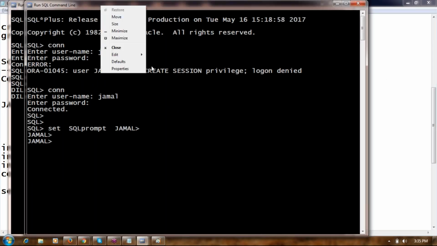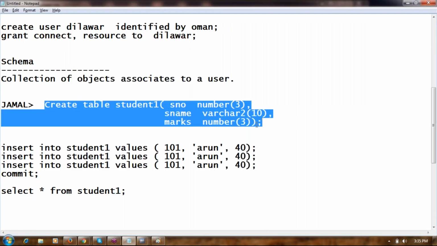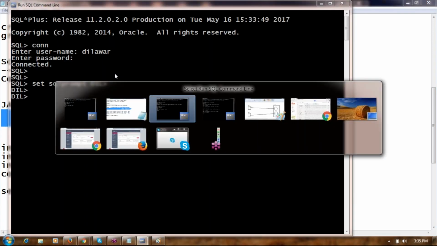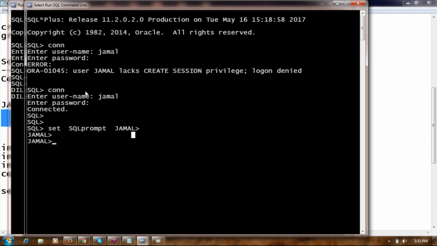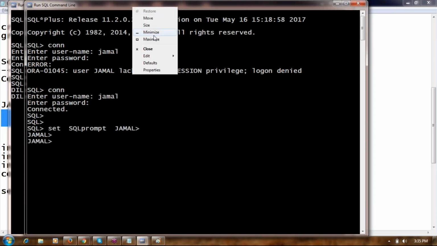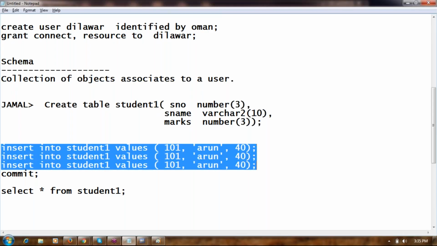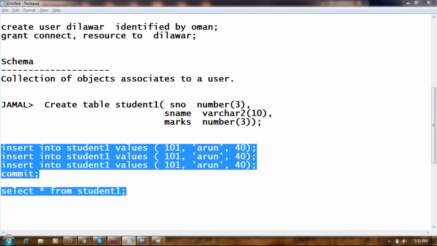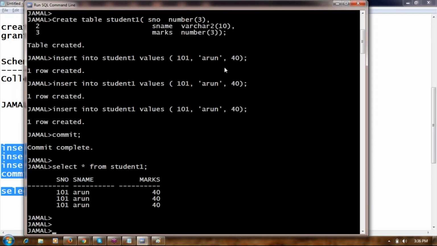This is Jamal's window. Table created. Three rows inserted. Select star from student1, he's getting 3 rows.